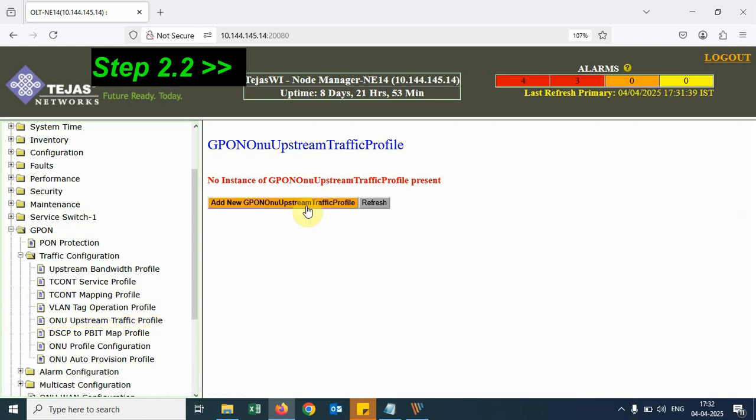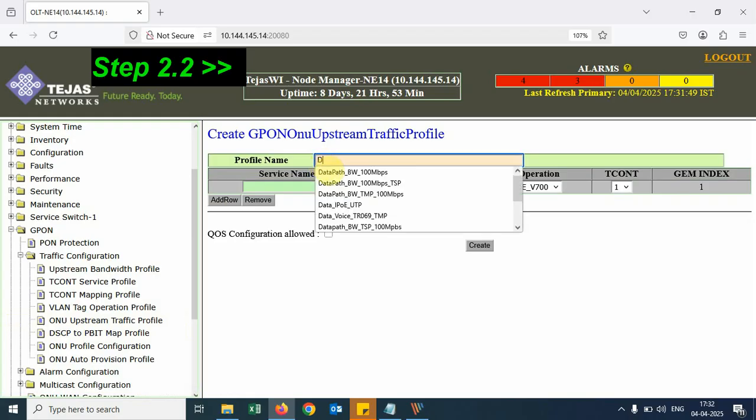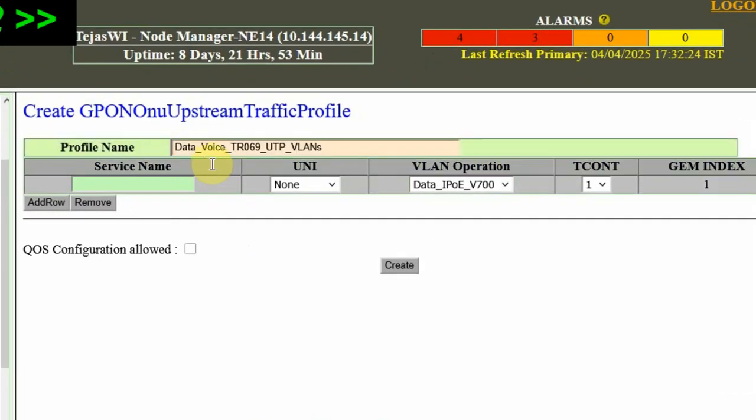These need to be relevantly mapped with the TCONT on which ONT UNI they need to operate upon. In a suitable name, we can see here data voice TR69 upstream traffic profile VLAN descriptions. That is the name of the profile. What is the first service? The first service,